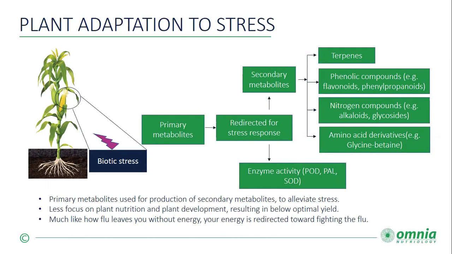Through the application of specific biostimulants targeted for specific stresses, instead of this energy being wasted through going through the natural priming process, plants are already pre-primed to adapt faster and thus better tolerate that specific stress condition, which ultimately results in the reduction in potential yield losses. The typical adaptation response is from primary metabolites, which is redirected for stress response into either secondary metabolites or enzyme activity in the following metabolism.